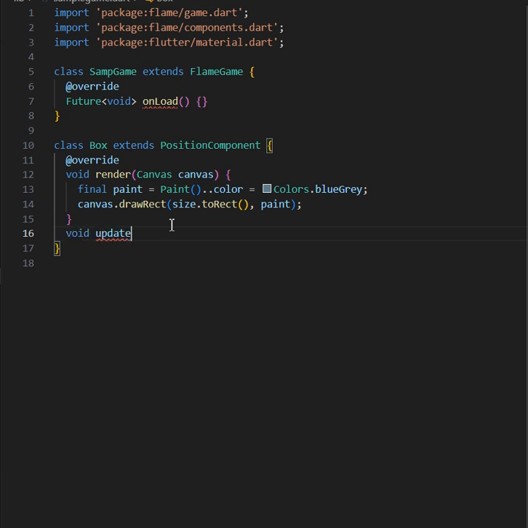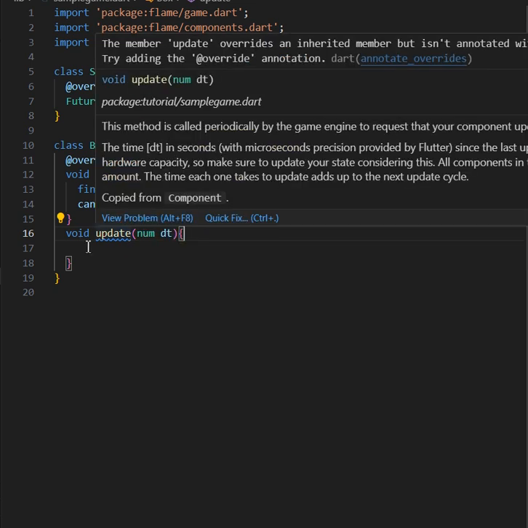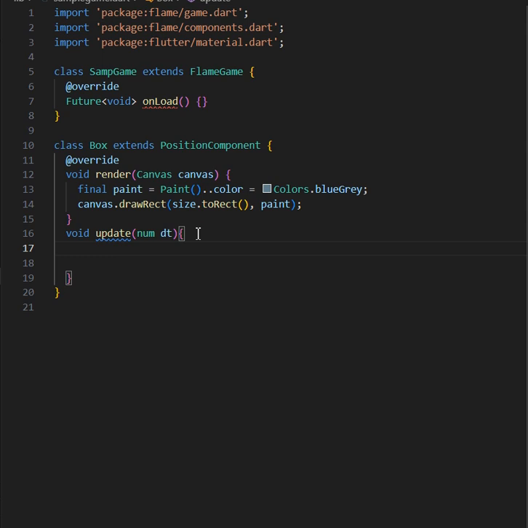Update just tells what will happen, or what moves, every time the frame rate gets updated. Frame rate is different for me and you. Mine will be something, yours will be something. To keep it equal, we'll be using something called dt. Dt is delta time. Once you start using it, you'll automatically get to know. And I know here onload is still an error, but in void update, we need to tell